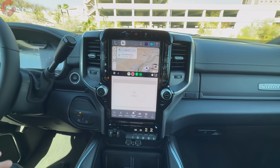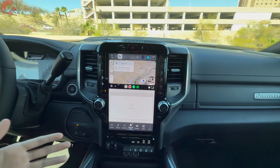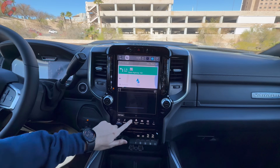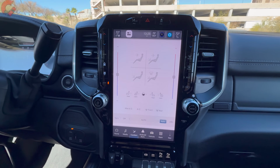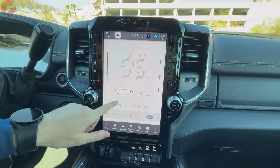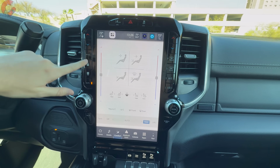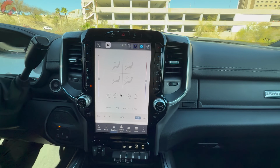Now, as far as the software is concerned, this does have Uconnect 5.0. That includes things such as wireless Android Auto and Apple CarPlay. That's what you see up here at the top. You can click through your different shortcut buttons right through here, including things for your climate controls. So when you're inside of this menu, this is where you'll be able to find your standard heated seats on the Laramie trim level. You also have available ventilation on this trim. And then you've got physical buttons over here so you can operate this redundantly without having to go inside the